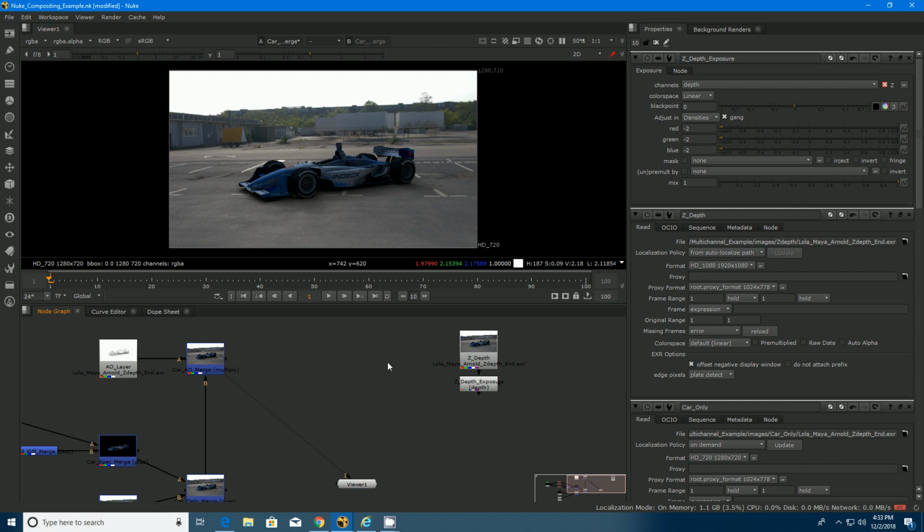In order to do that, we do need a couple of new nodes. One, if I hit the tab key to bring up my type-in box again, I'm looking for ZDEF. If you type that in, it'll filter out to the ZDefocus node, and this node is essentially designed to work with a ZDepth to give you that focus and blur option that you would get with a real lens in a real camera if you had the correct lens. So I'm going to choose ZDefocus,